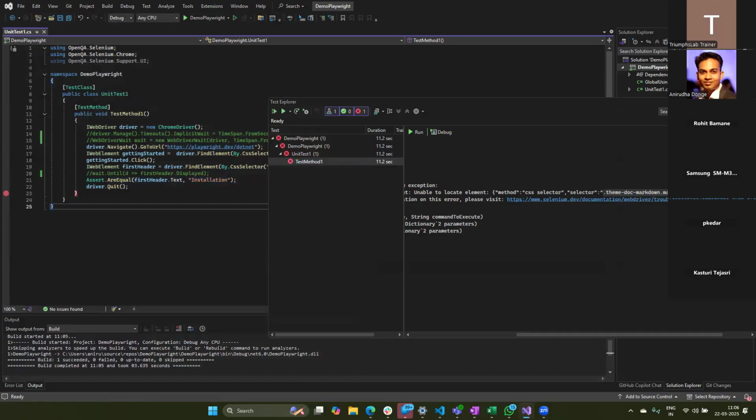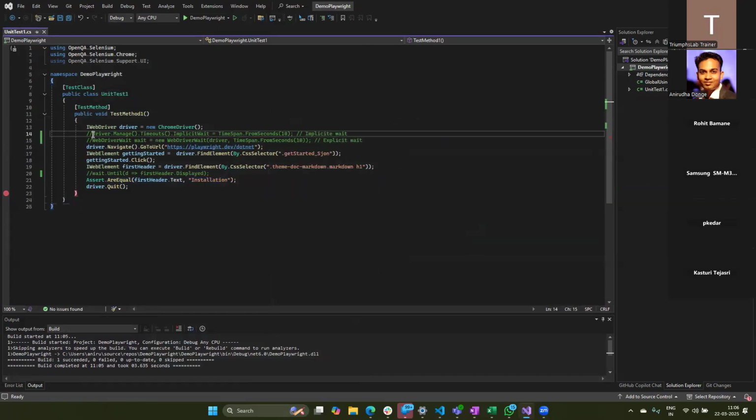For doing that, I'll set up waits. In Selenium you have waits, so I have to write special code for them. First is an implicit wait, another is an explicit wait. Then I'll write code stating to wait until this header element is displayed; till the time it is not displayed, don't go ahead and validate.